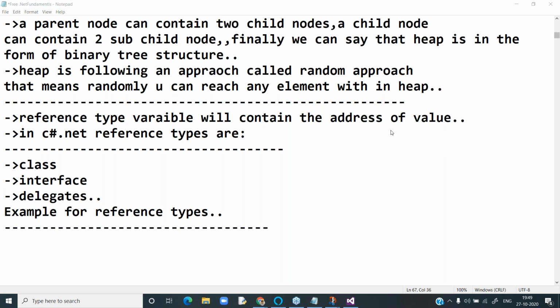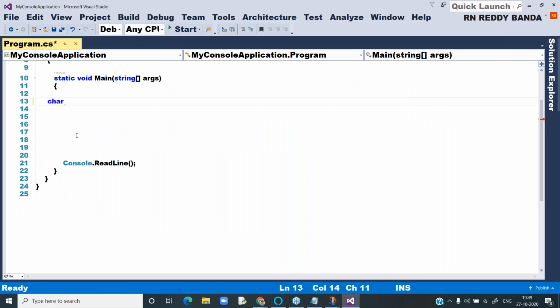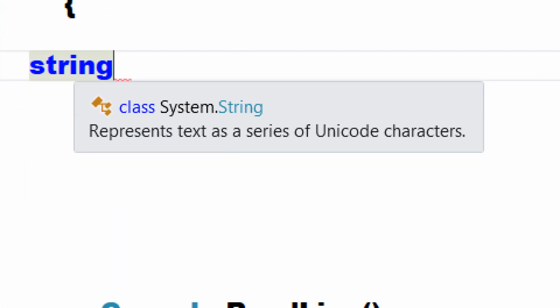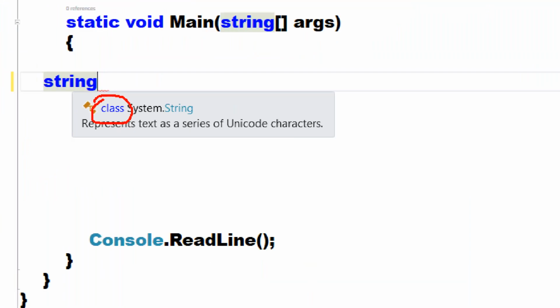Here you can call it value types, and here reference types. Value type data will be stored in stack memory.